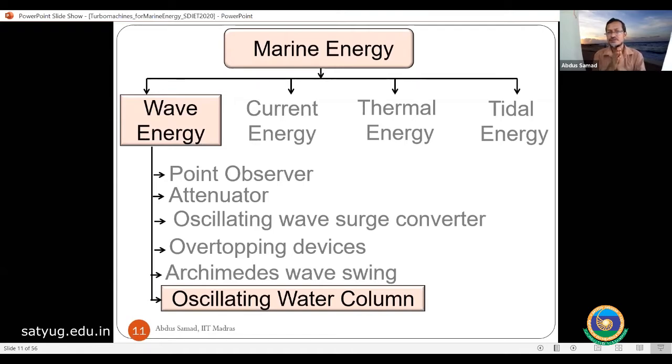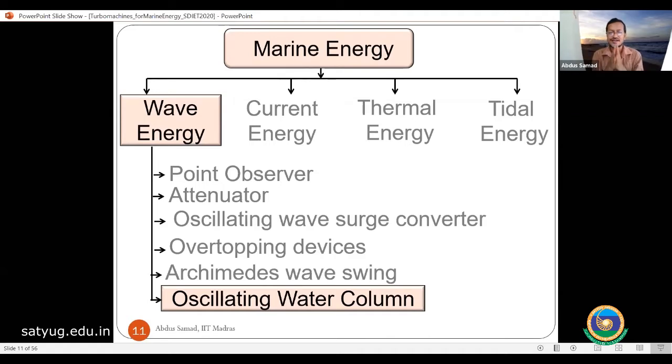And some other forms of energy are there, wind and solar. Wind energy, offshore wind turbine. If you see Germany and other Nordic countries, they're installing lots of offshore wind turbines. I'm not including those as marine energy because those are installed on the ocean, but not taking energy from the water. And solar cells also, you can put on the ocean surface and you can get energy. So again, I am not including that in the marine energy list. So marine energy is mainly 4 or 5 types.